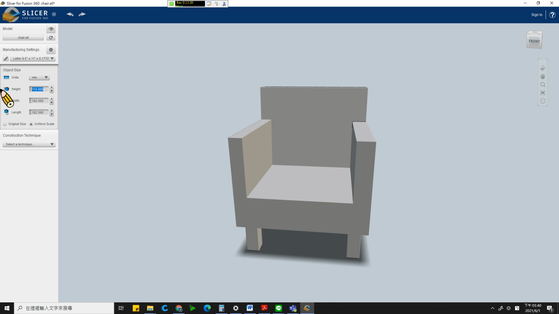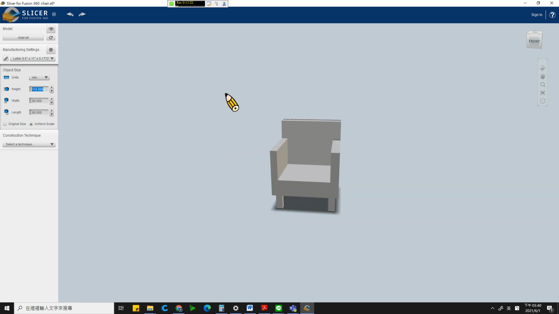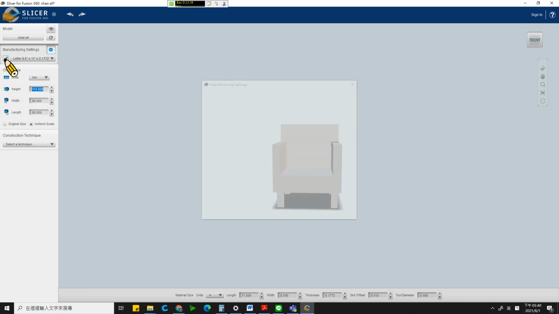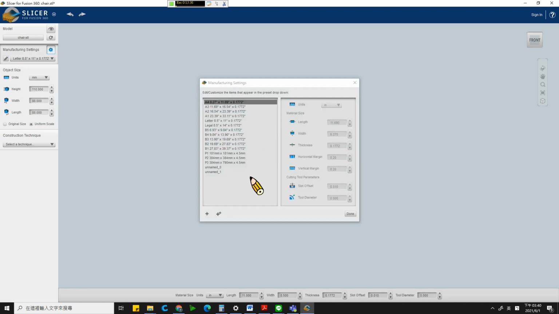Okay, the tallest one is half size of an A4 paper. Then it's like this, right? Okay, then, for example, now the most important thing comes to here: manufacturing setting. Okay, manufacturing setting,